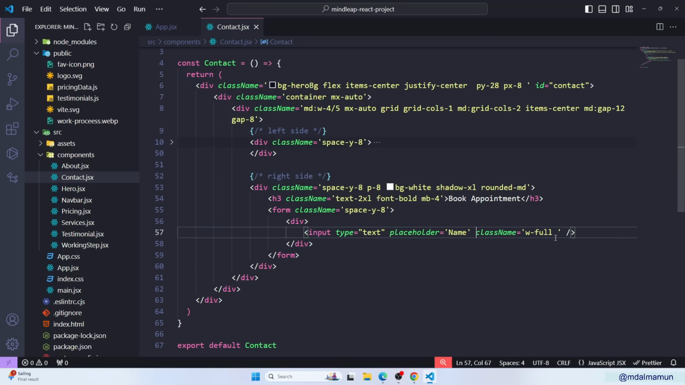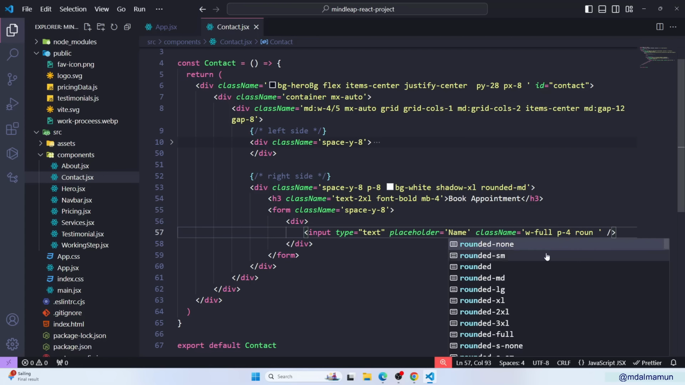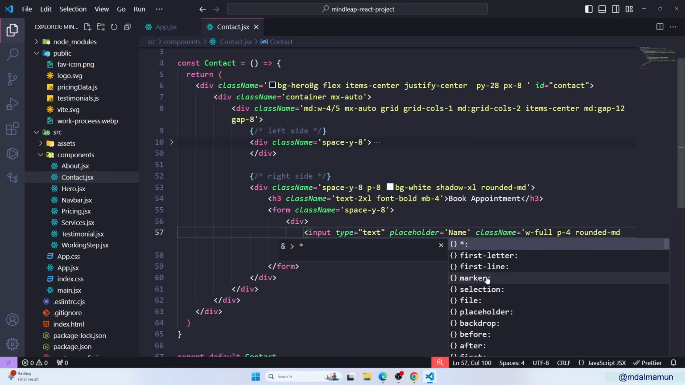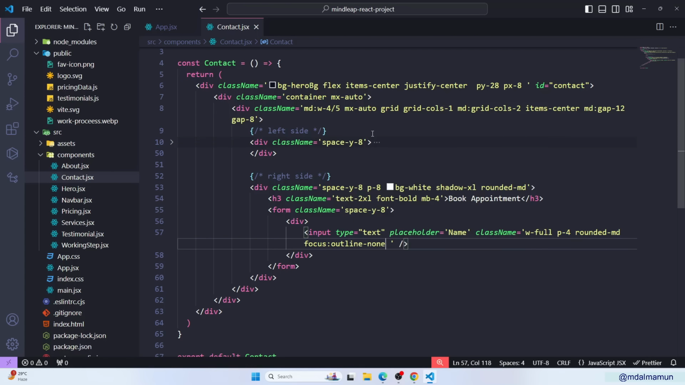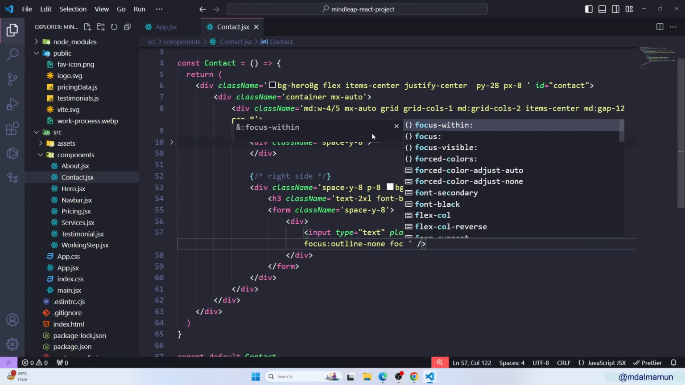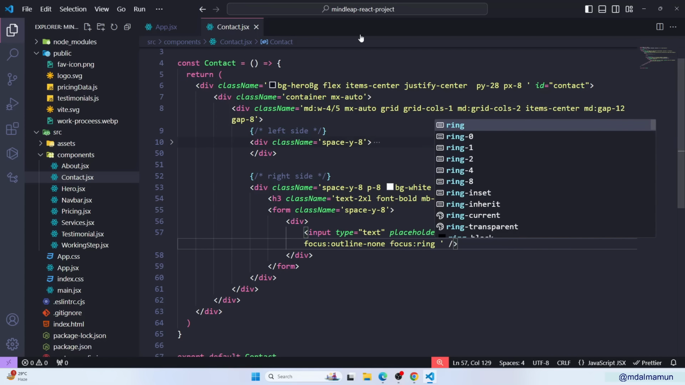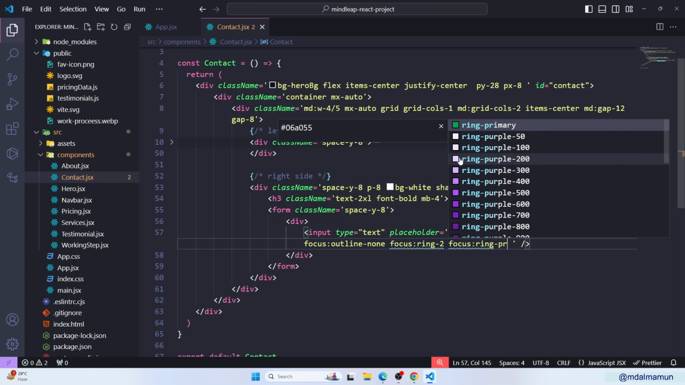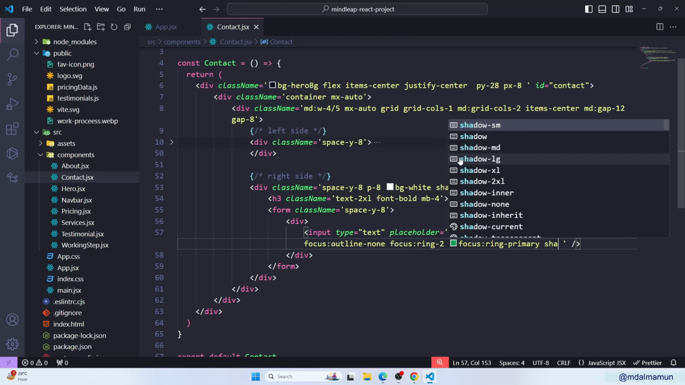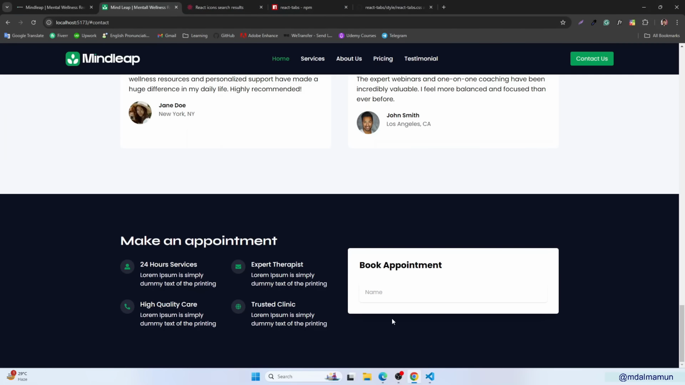Then let me define, after w-full we'll have p-4, then rounded-md. Then we will have focus:outline-none, focus:ring-2, focus:ring-color. So that would be ring color primary. Okay. And shadow. So if you check it, you can see this is the name field, and we can make